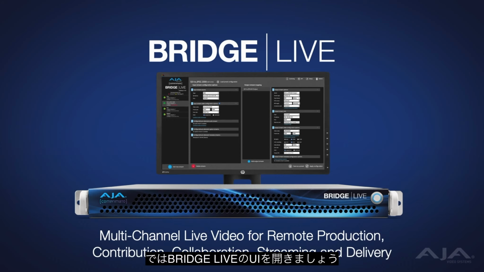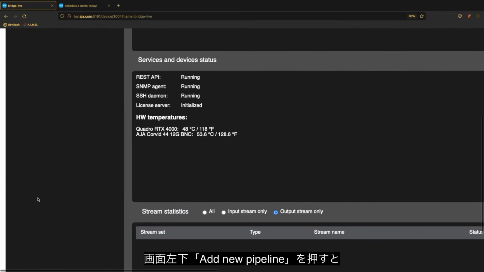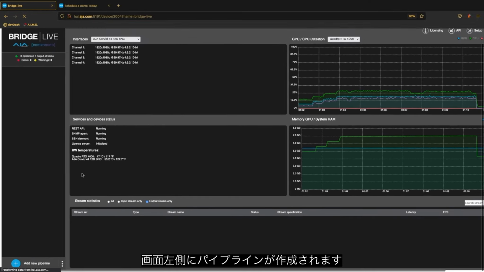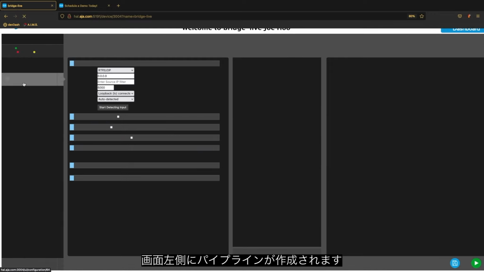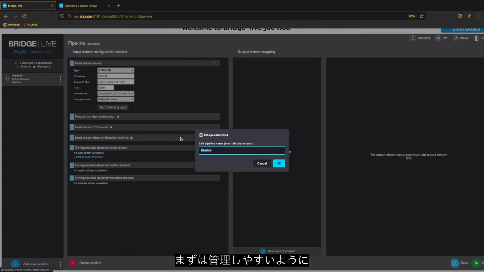Let's jump straight into Beach Live Web UI. In order for you to start encode or decode or transcode a video, all you got to do is press on this Add New Pipeline button here at the bottom left of the UI. Then after that, you see a new pipeline show up on the top left here. So at this point, I would suggest you to name the pipeline so that it's easier for you to manage